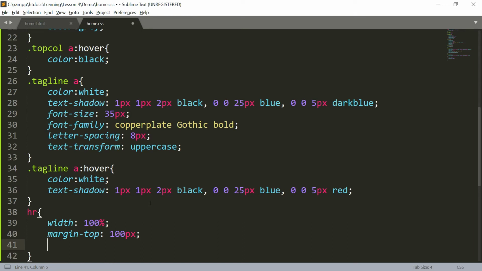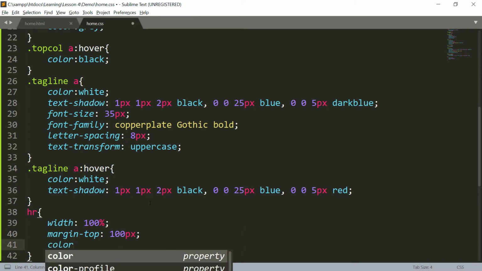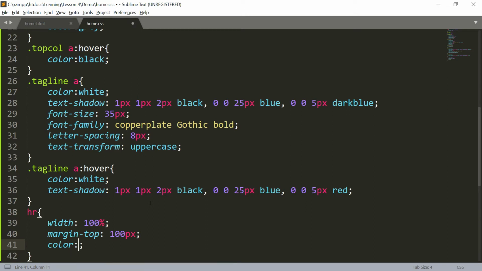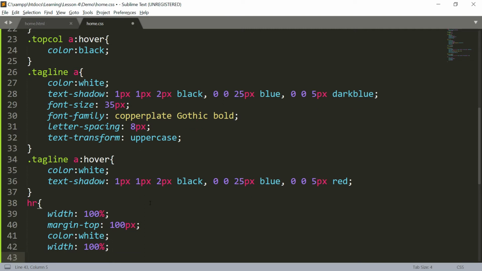But this is looking so boring, one single line. I will introduce some shadow on this, so it will look fancy after that. So for that I am introducing color. Color should be white. There should be a width for this line, so I'm making the width 100%. Okay, and after that I'm introducing some shadow. Box shadow should be inset 0, 12px, 12px, minus 12px,